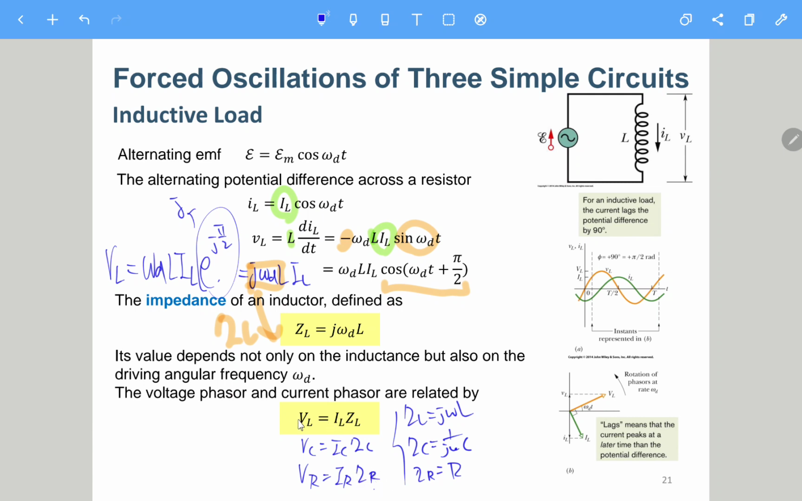But if we have a series, we can just add them together. If we have parallel, we can add the reciprocals together and then take the reciprocal again. So we can apply many of the formulas we have learned based on this assumption. Okay, so let's